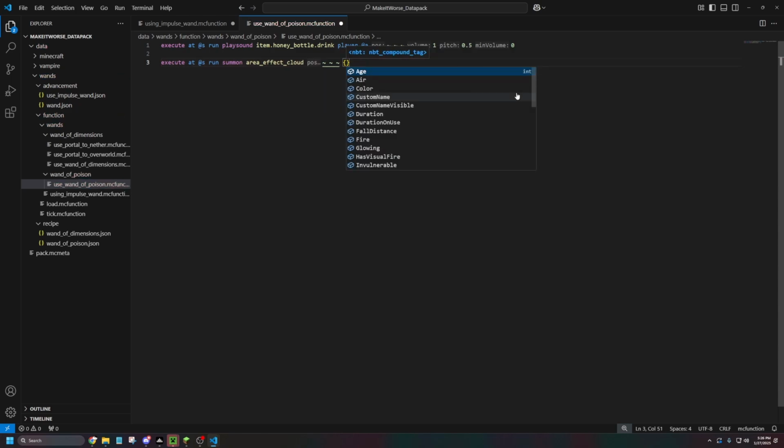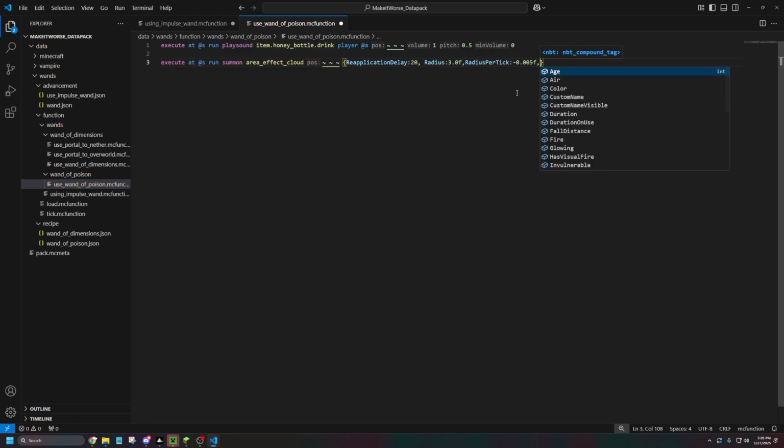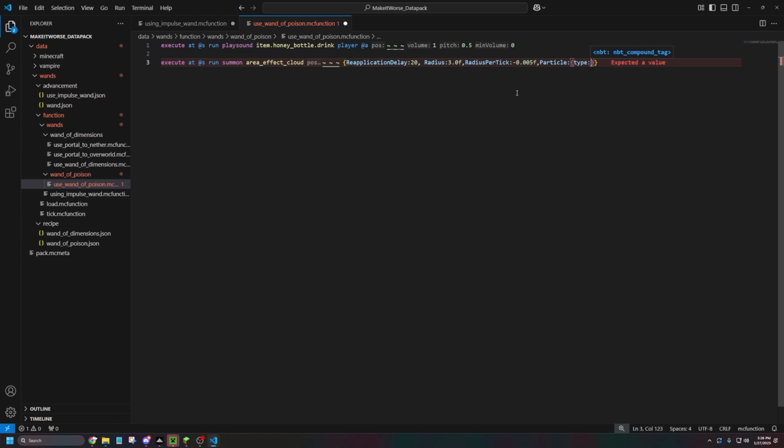And we're going to give this some NBT. Now, this is going to be a lengthy process, so bear with me on this. We're going to put in reapplication delay and set that to 20. Radius, set that to 3.0f. Radius per tick, and we're going to set that to negative 0.005f. We're going to set the particle to a map-like, and in that map-like, we're going to put type colon,